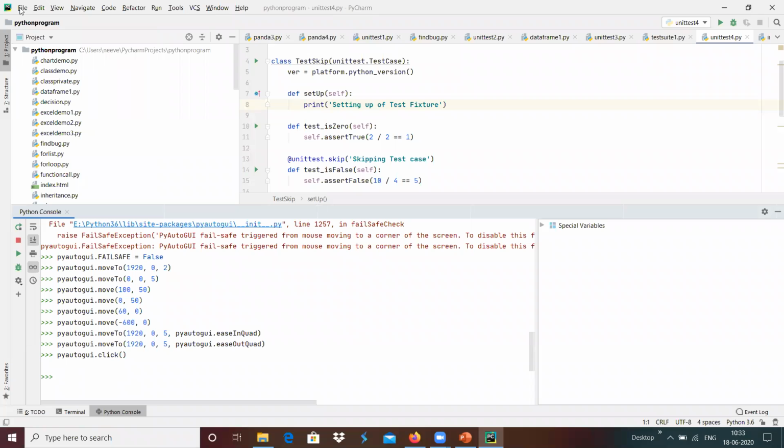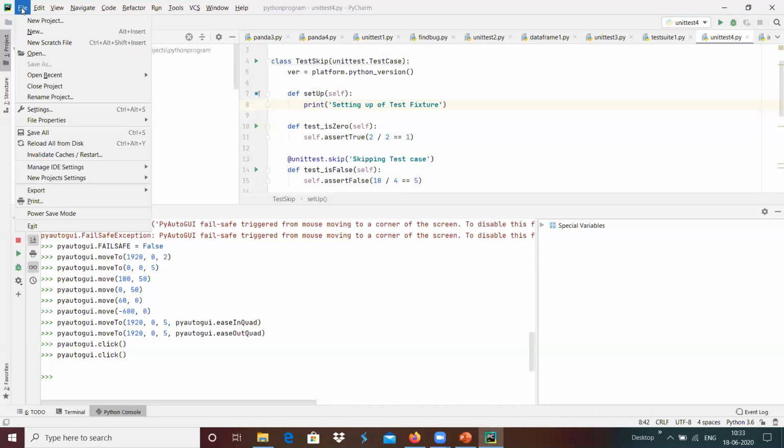I place the mouse over here, and I'm just going to enter PyAutoGUI click, which generates a mouse click event, and then we get the respective changes in the UI over here. I'm going to execute PyAutoGUI.click in the Python console, which generates a mouse click event.